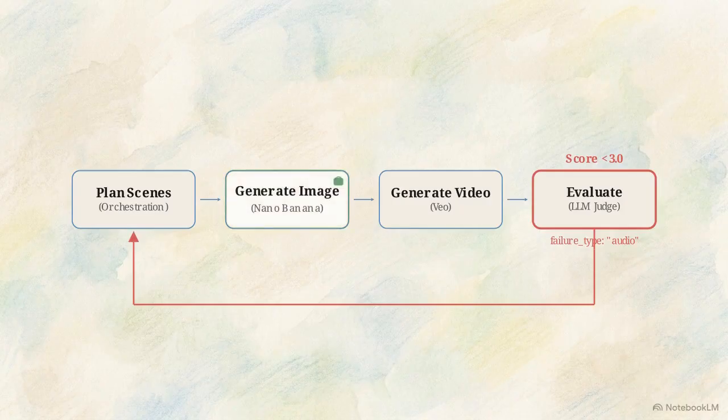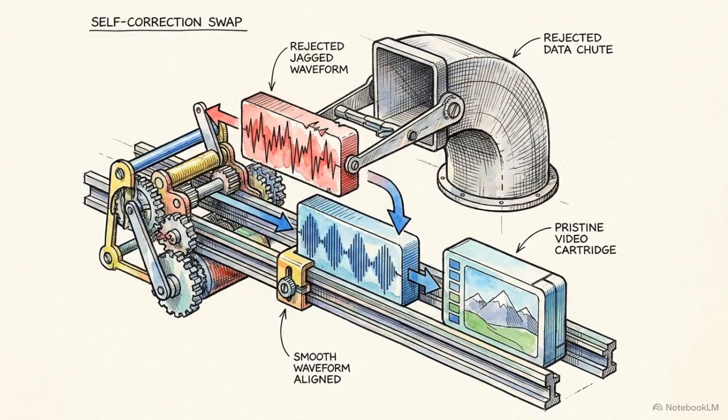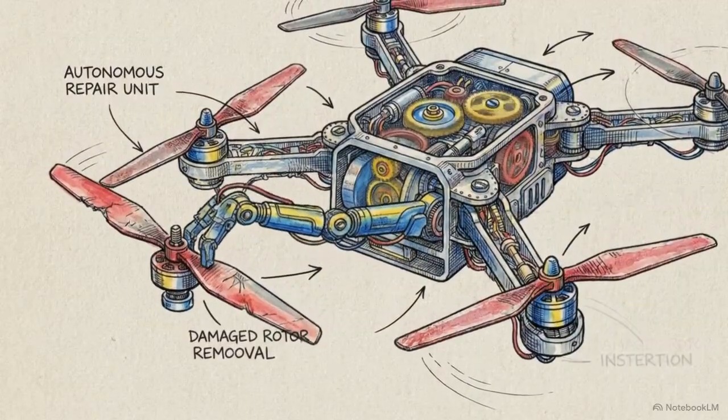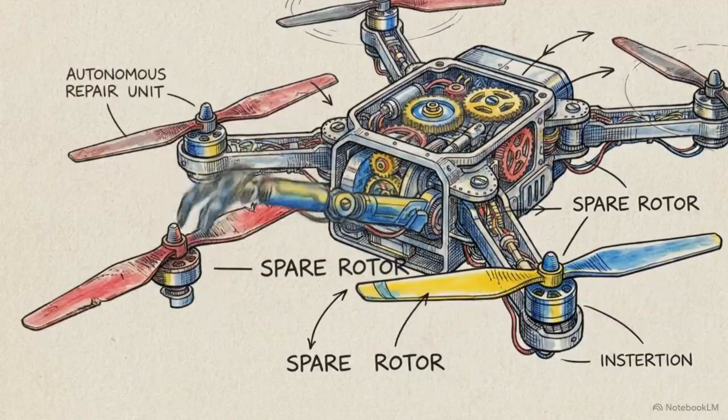The agent analyzes this feedback, isolates the audio error, and deliberately bypasses the computationally expensive image regeneration step. The agent loops back to the video synthesis stage, injects the corrected audio parameters, and generates a compliant final asset. Autonomy in this system manifests as the programmatic isolation of failure types and the execution of targeted retries, all occurring